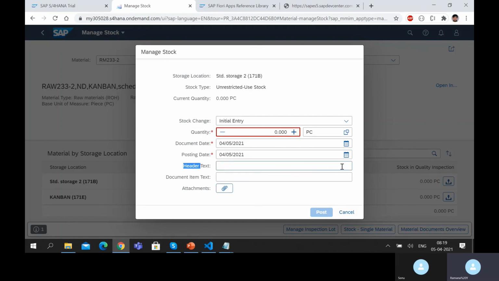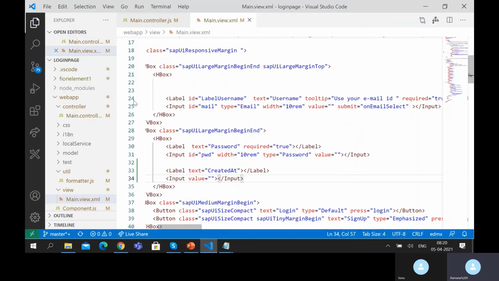Here, if you see, for the login whatever we are trying to use, but how they are using it, the size factor or the positioning, see, all are there. They are center aligned, and instead of left side all are aligned on the right side, on equal side. This one, if you see stock change, these all are not left aligned, they are all right aligned. If you see the form labels, in our login application we have used left